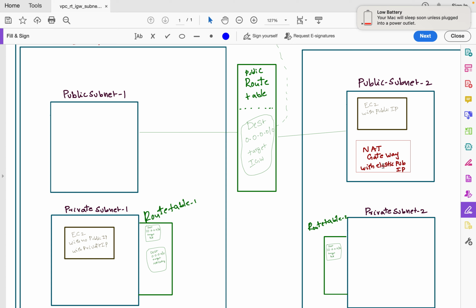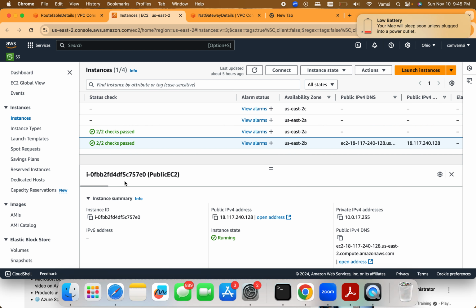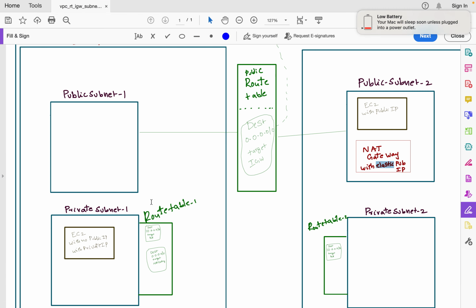What it means is, suppose this EC2 got a public IP. When you restart, it's going to get a new public IP. But with the NAT gateway, the elastic public IP is reusable, and this IP address can also be assigned to any other resource. Even if you restart, it is going to remain the same. It is a static IP that you are going to get. That's why in the private subnet route tables, I gave the destination as NAT gateway. So this NAT gateway is attached